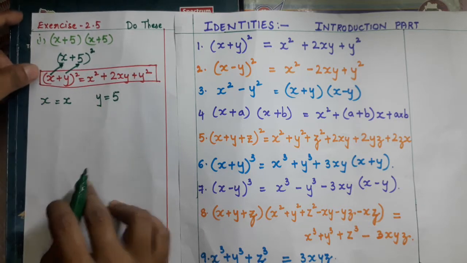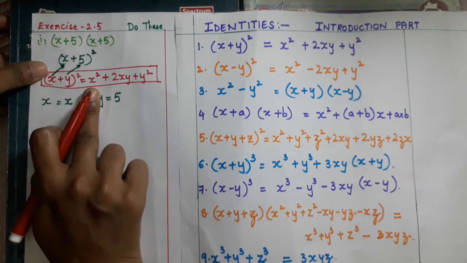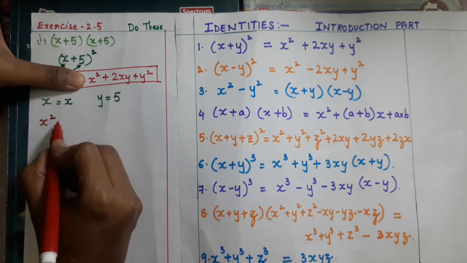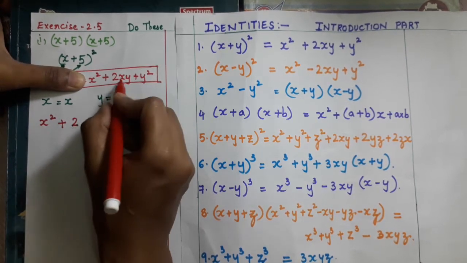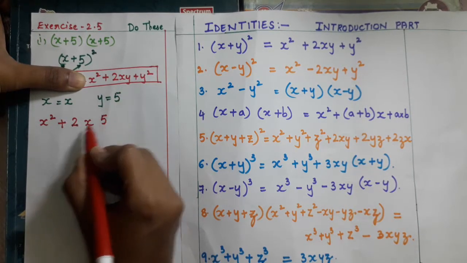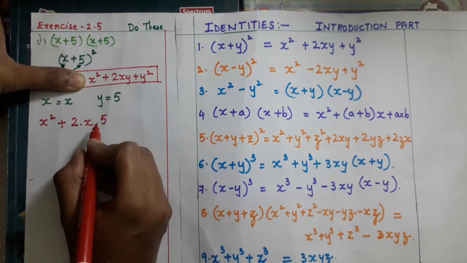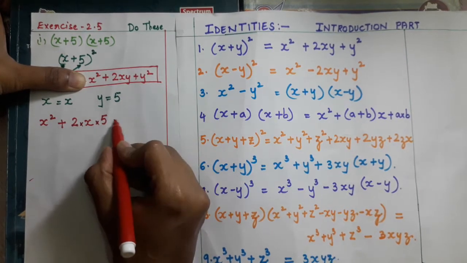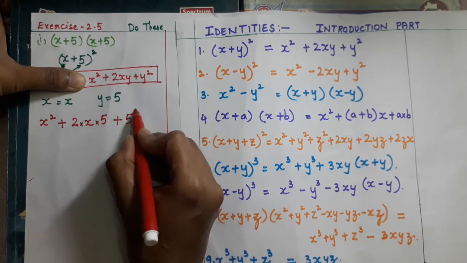Now they have already given it in this form, we have to convert it into this form. So first is x square. What is x here? x itself. x square plus, after plus 2 as it is. x is x itself. y is 5. If the numbers are like this, we have to write them in dots, you can keep it, or else you can write in brackets. Now plus y is what children? 5. y square we are going to write.